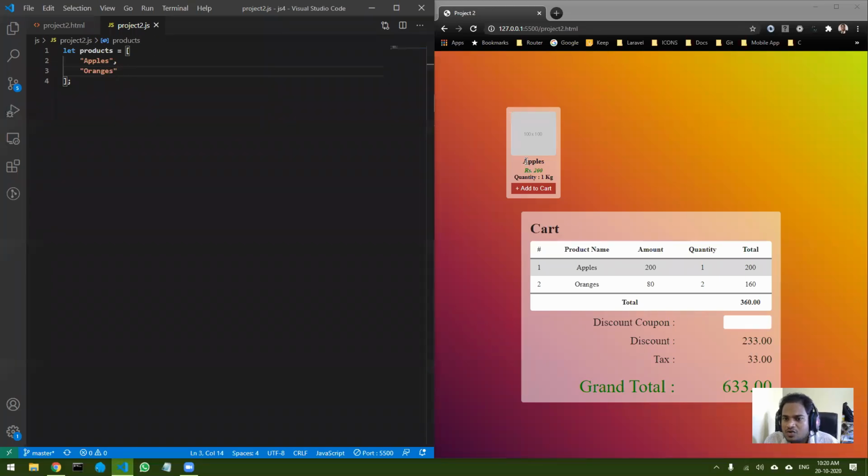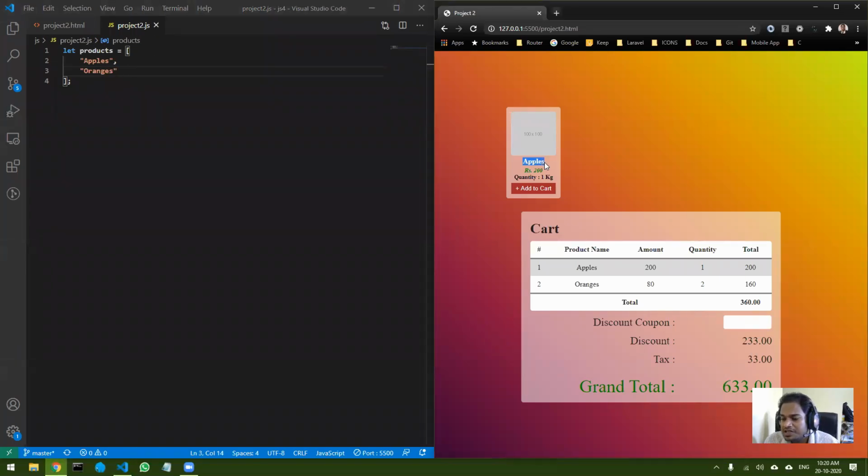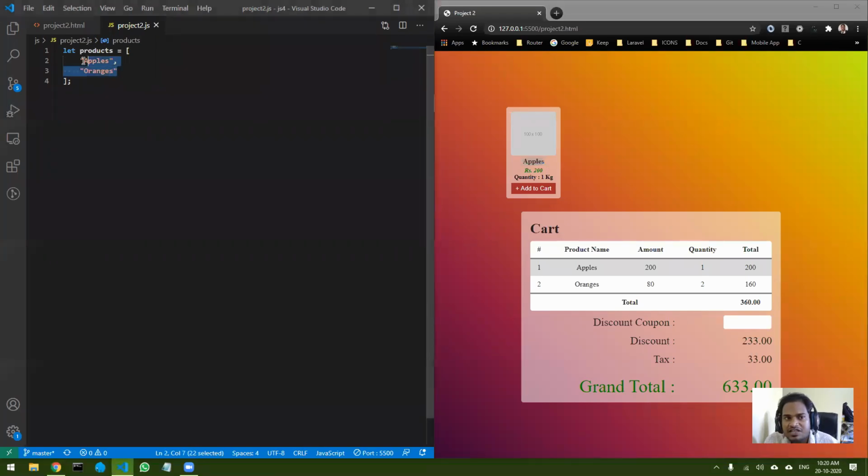So one thing to note here is there are multiple properties of a particular product card. Okay, so you cannot mention everything in an array. So that's why I'm going to create an array of objects. Okay, so till now what we have seen is we have created separate arrays, we have created objects, but we have never created an array of objects.